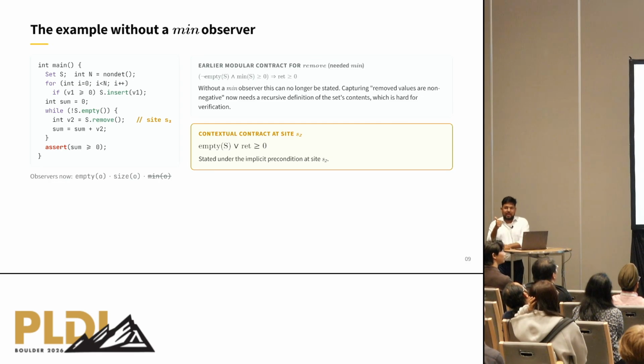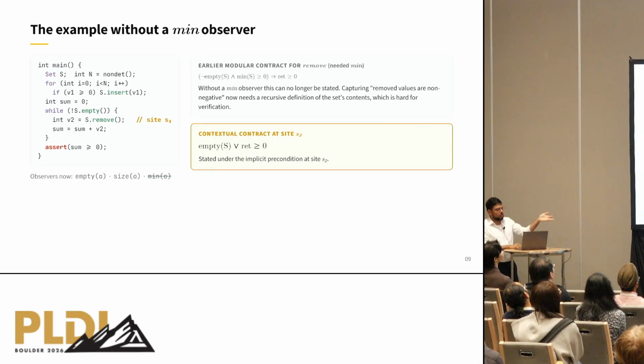And first of all, you have encapsulation. So you cannot break encapsulation, look into the set and go, you know what, I'll just write a minimum function. Like that's not happening. Secondly, even if you somehow manage to do that, let's say it's implemented as a list, and then you have to write a recursive function to compute the minimum, and then your verification goes for a toss. It just becomes much harder. So with modular contracts, you're going to have to do a little bit of gymnastics, and then maybe it might or might not work. In contrast, look how absurdly simple a contextual contract is.